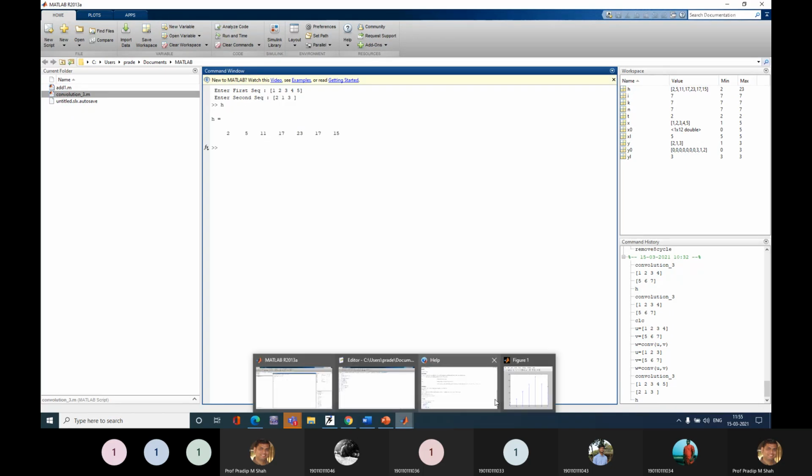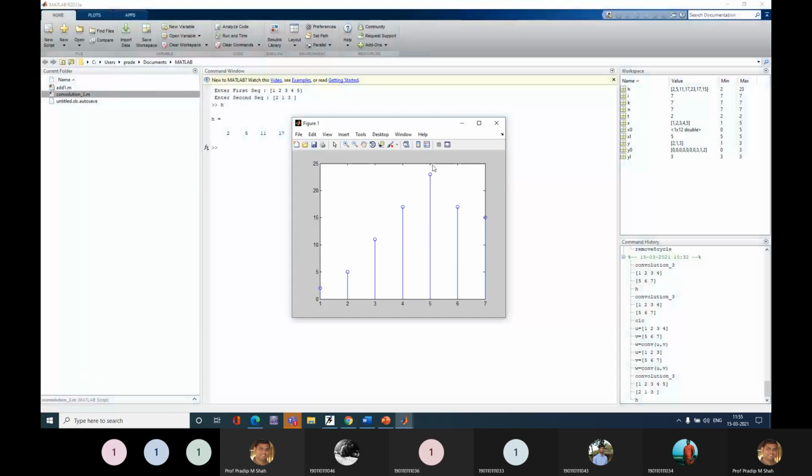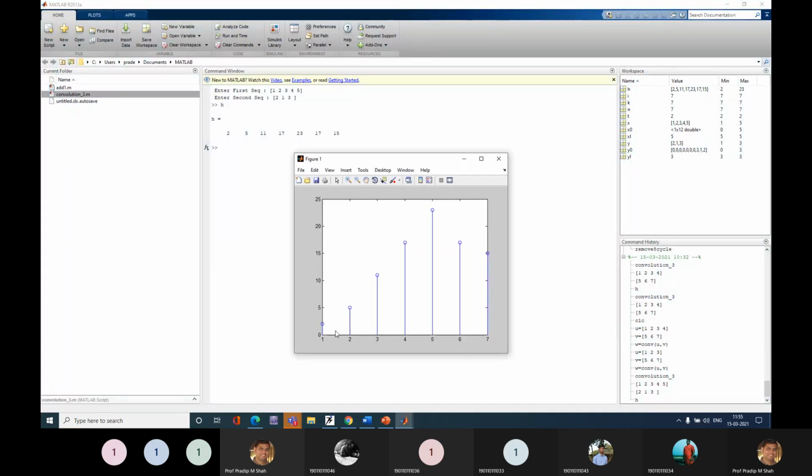So this is h, and this is the figure for h. You can see that it will be 2, 5, 11, 17, 23, 17, and 15. Okay.